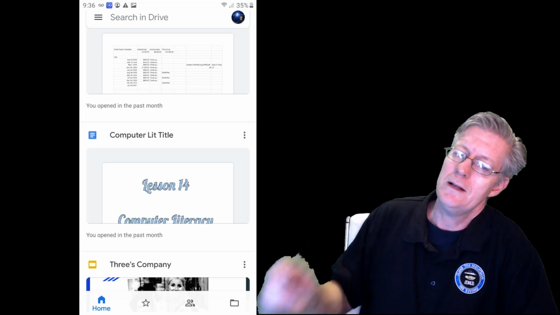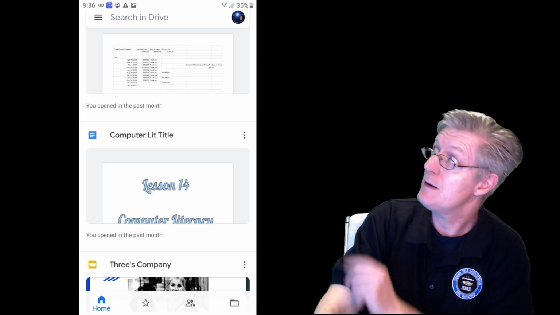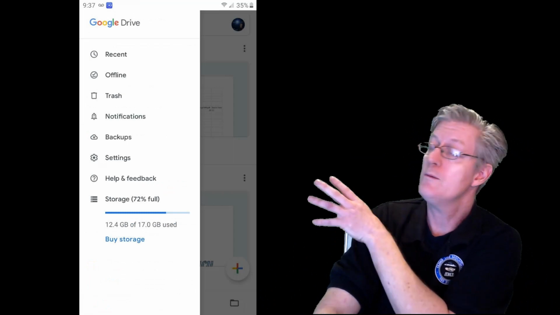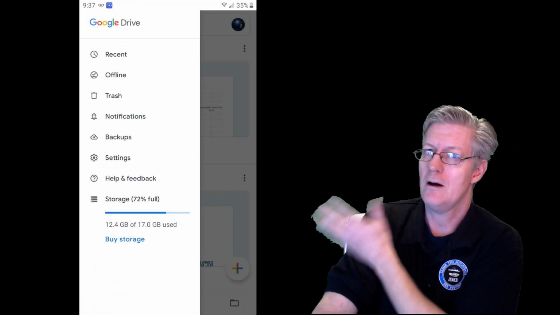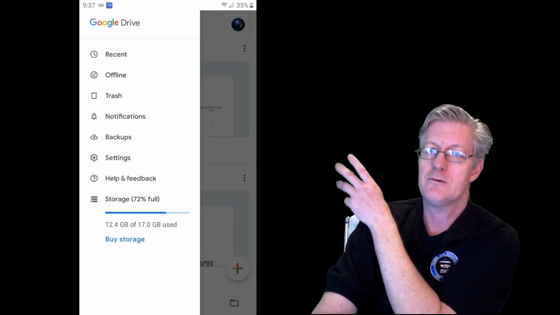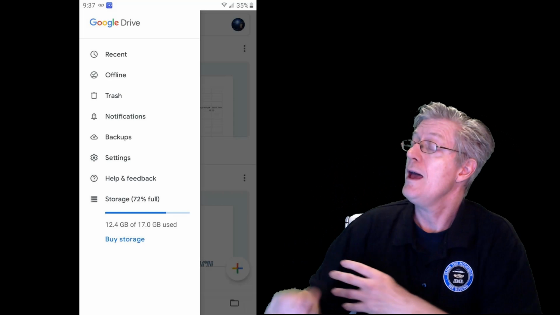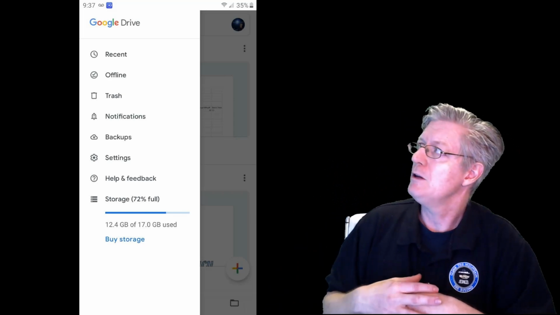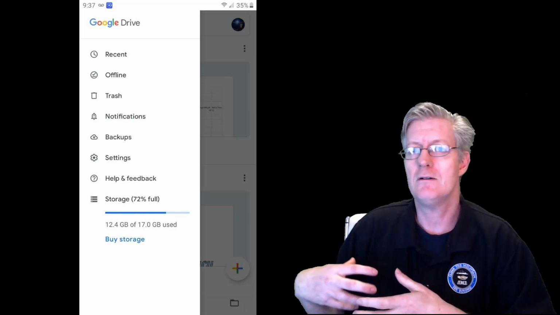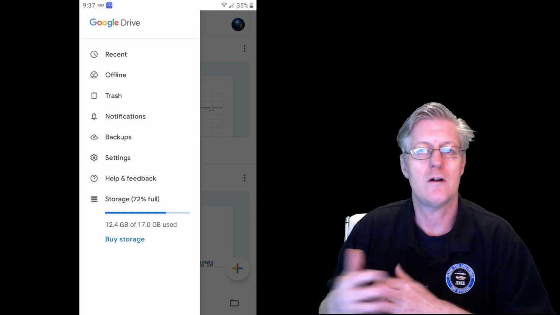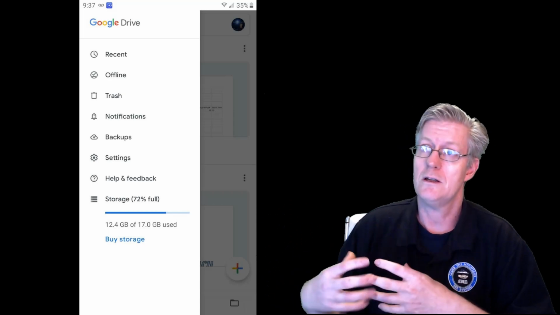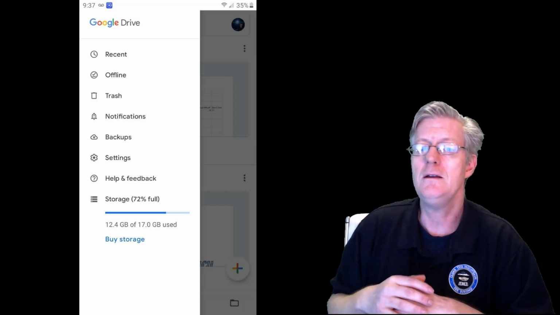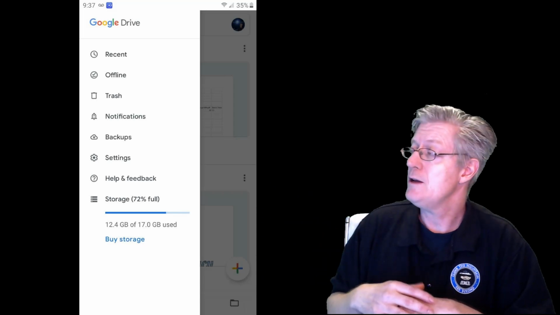Now, going on, if I go in and if I tap on the three lines seen at the very top there, that allows me to open up to what's called my Google Drive options, and I can actually tap on Recent, which is the very first one there. And if I tap on Recent, it shows me all my recently worked on work. Below that is Offline, so if you've saved files, if you've saved documents, perhaps a Microsoft Word document or a Google Docs document onto your device, boom, it'll be found there on the Offline. And then you have Trash. Below that you have Notifications.